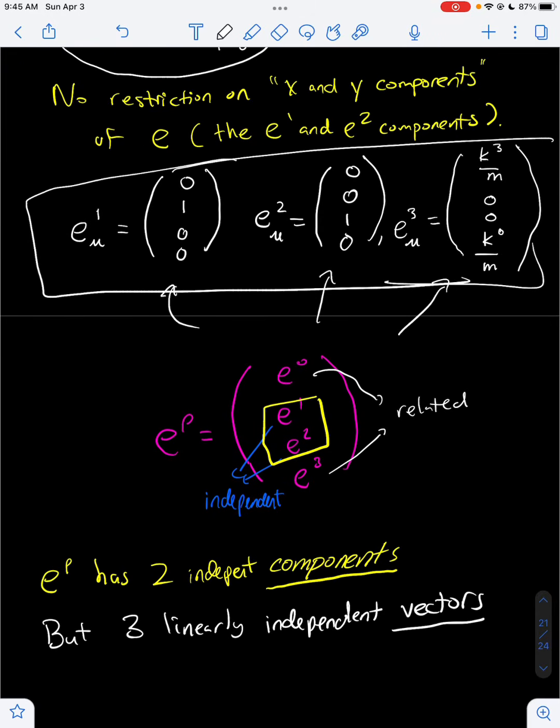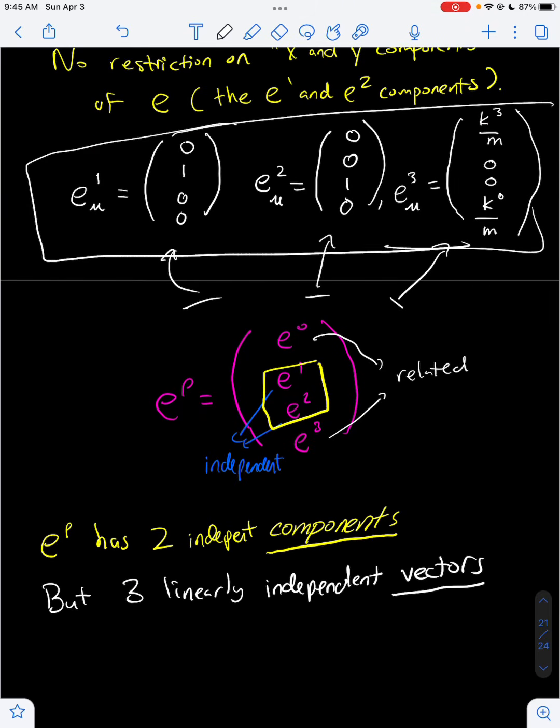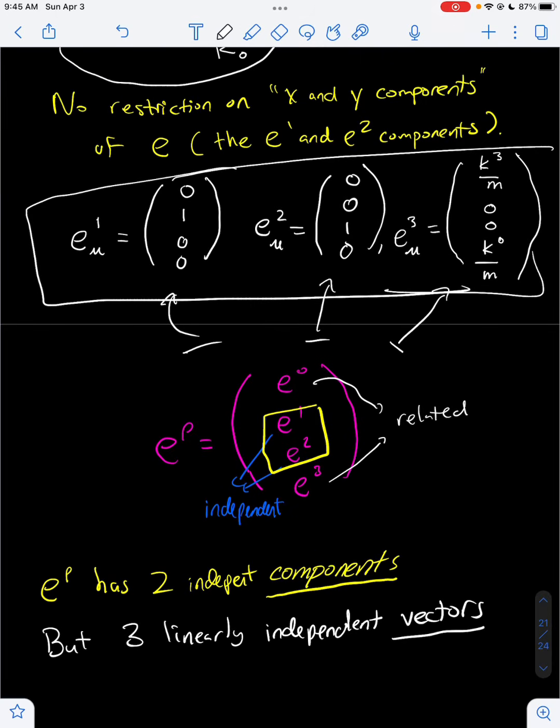So these are the three vectors that we choose as our basis. And we can choose really anything as our basis. We can choose any three vectors as a basis, as long as it actually is a basis. But we choose these three vectors specifically because they are very convenient to work with. For example, the first vector here,